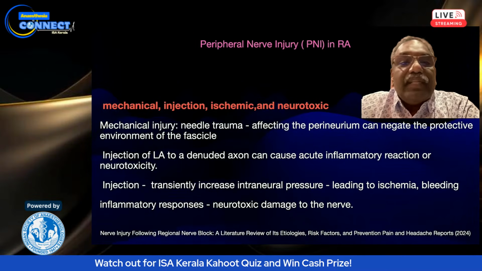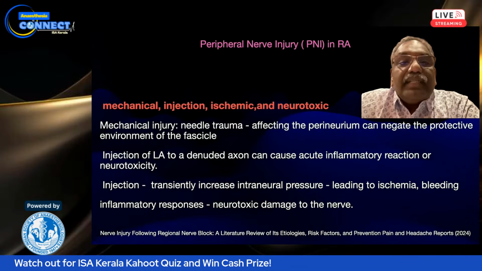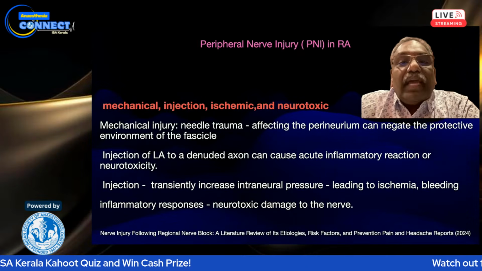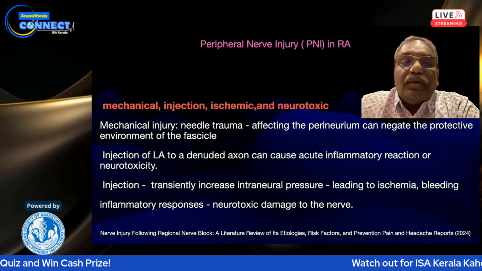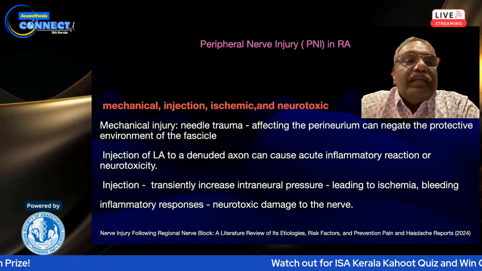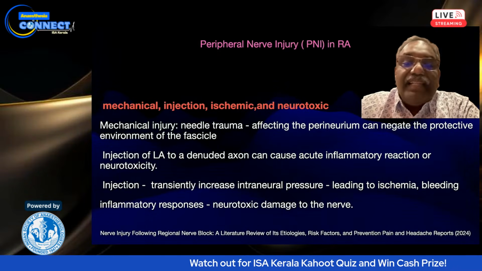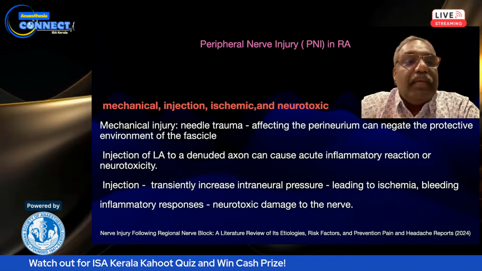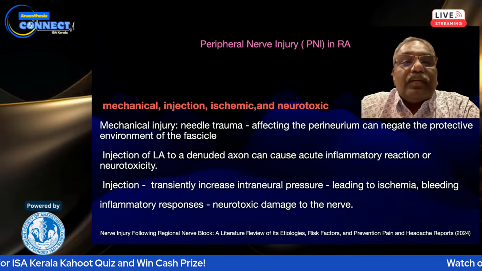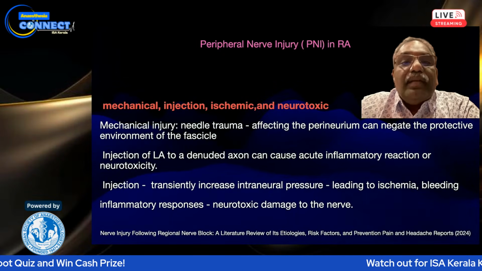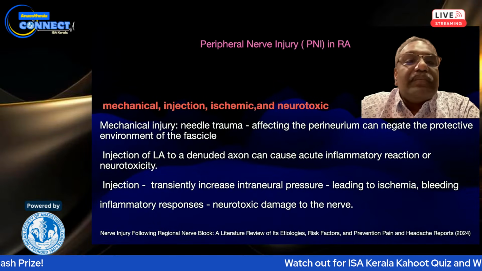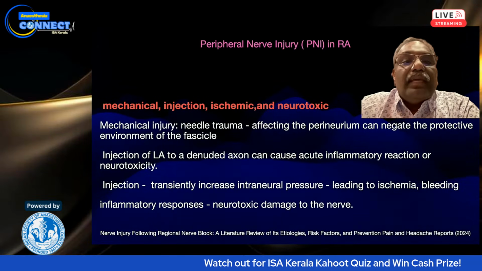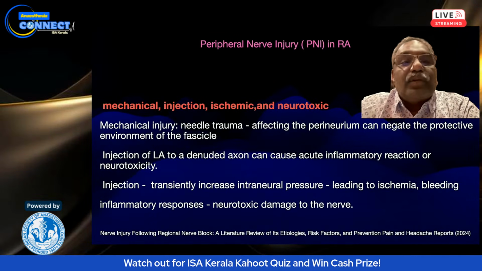Injection of local anesthetic to a denuded axon can cause acute inflammatory reaction or neurotoxicity. Injection can also transiently increase the intraneural pressure, leading to ischemia. Bleeding around the nerve also can happen, and other non-specific inflammatory response can set in, resulting in neurotoxic damage to